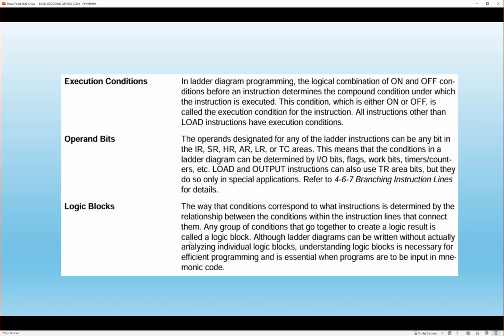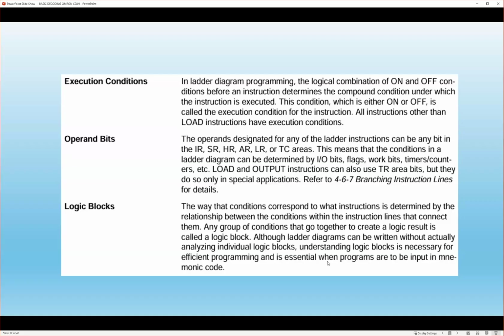So logic blocks, and this will have some examples of logic blocks. The way that conditions correspond to instructions is determined by the relationship between the conditions within the instruction lines that connect them. Any group of conditions that go together to create a logic result is called a logic block. Although ladder diagrams can be written without actually analyzing individual logic blocks, understanding logic blocks is necessary for efficient programming